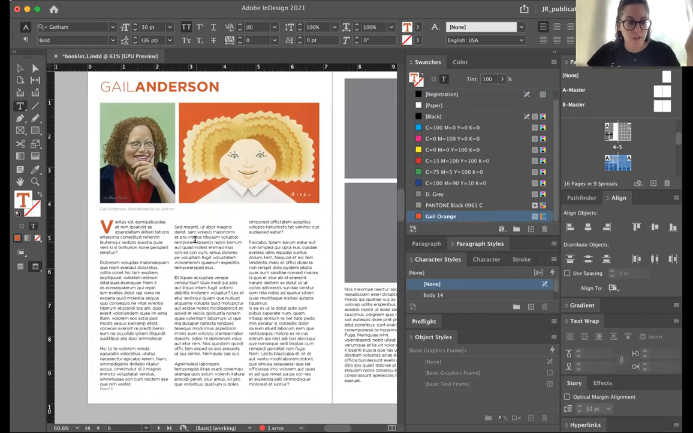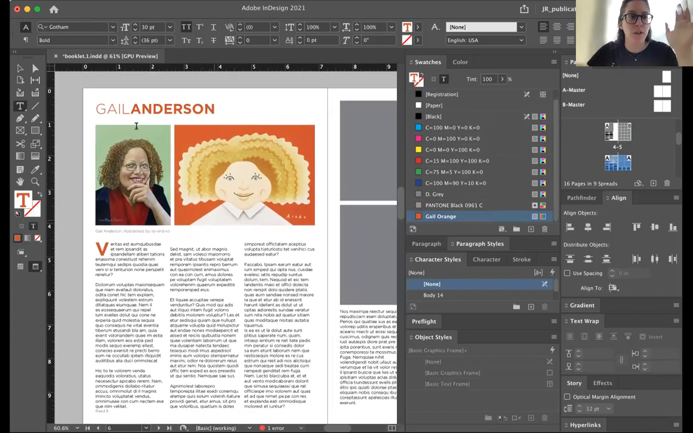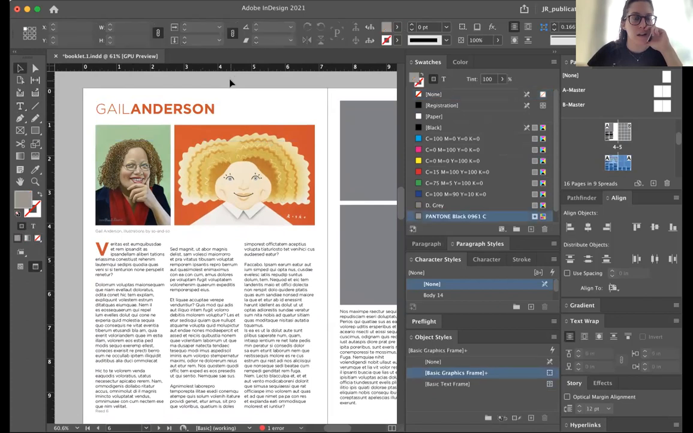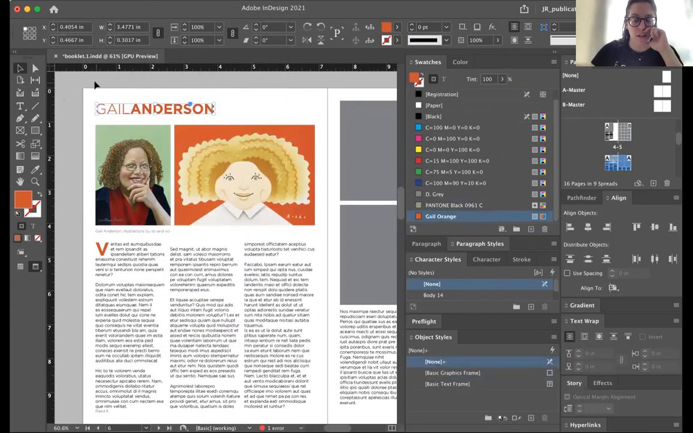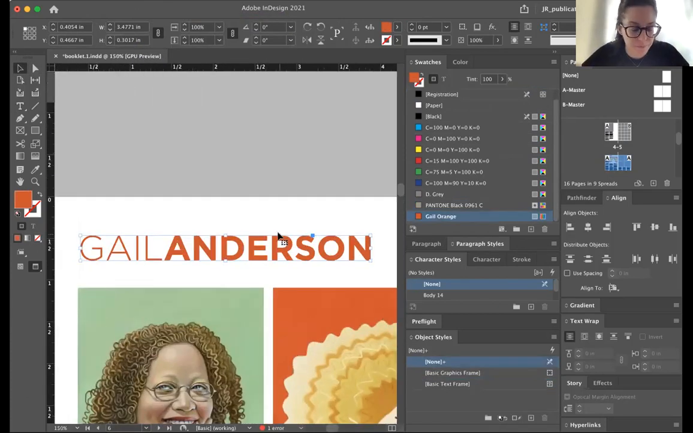Through this choice of having Gotham for everything, playing with the styles, seeing what's available, there are a lot of possibilities, right? Something I recently did is you can take this and say type, create outlines. And then what I've done here is